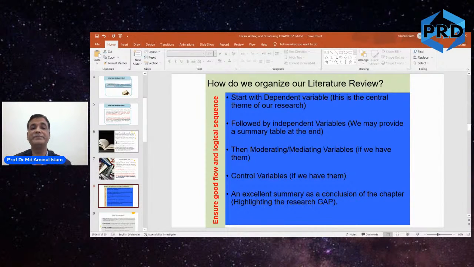But after that, when you start reviewing literature on the independent variables, you have to do it one by one. So say, for example, the first variable is selection. So the title would be the relationship between selection and organization performance. Now we are connecting independent and dependent. So your literature review cannot be just specific on the independent variable. Dependent is on the dependent variable.